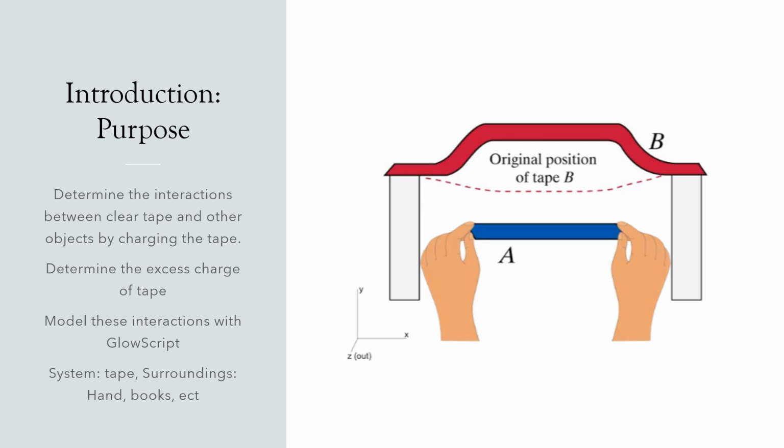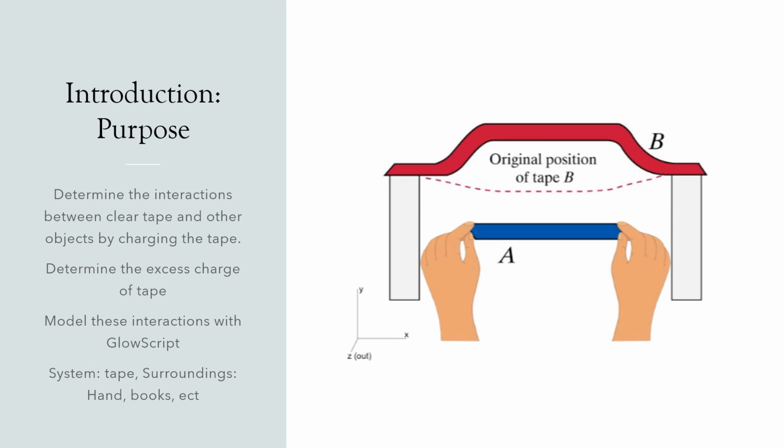We can model these interactions with GlowScript by noting that the tape is the system and the surroundings, such as hands and any books or chairs that are holding tape B together, are our surroundings. So tape B, as you can see here, when it is a neutral tape and another tape which is charged are interacting, the charged tape should cause the non-charged tape to sort of float,